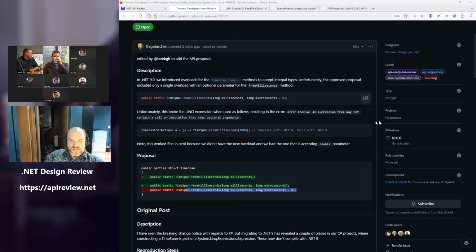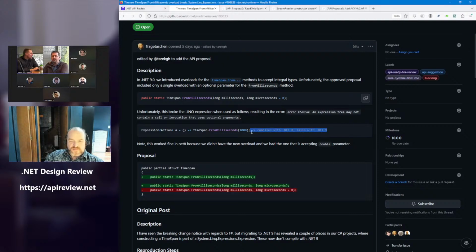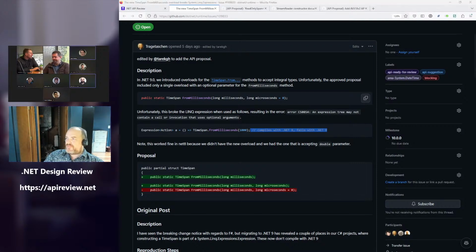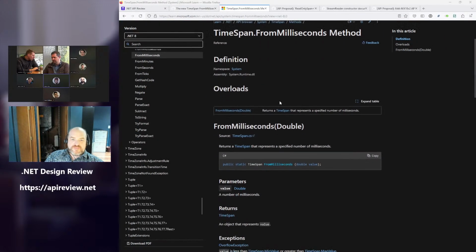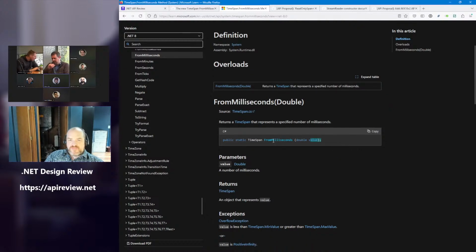Between 8 and 9, right? 8 and 9, yes. So why did it work in 8? Because it has the overloads that take double, and LINQ expression picked this one at that time because we didn't have the one which is taking long. Yeah, the way you were describing it earlier didn't exactly make sense, because there still is an overload it could use. It's like it kind of quickly picks the one with optional arguments, even though it doesn't support it. But yeah. Right.